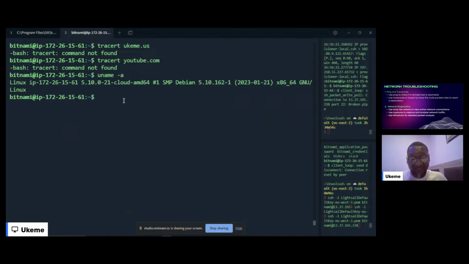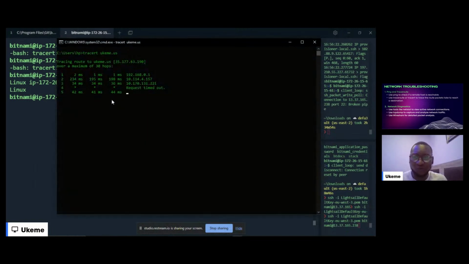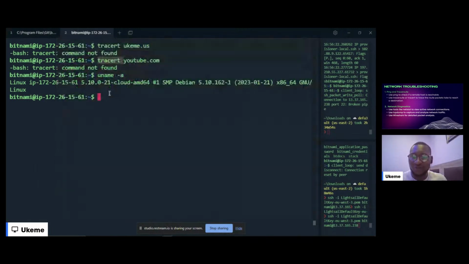Maybe it's because this is a Debian. I'm not too sure, but I think it's because it's a Debian distro. That's why this tracert didn't work. But if it's Ubuntu, I think it's meant to work.